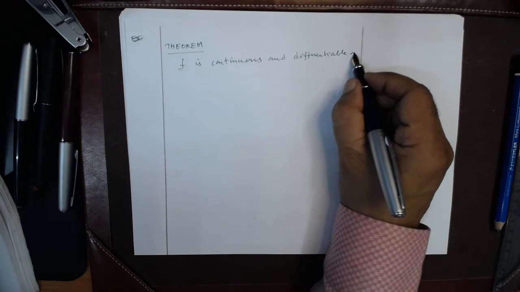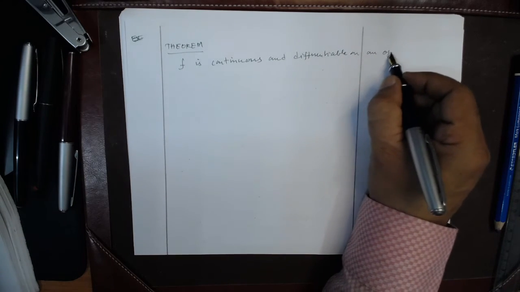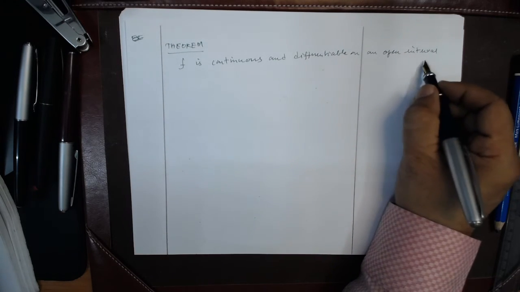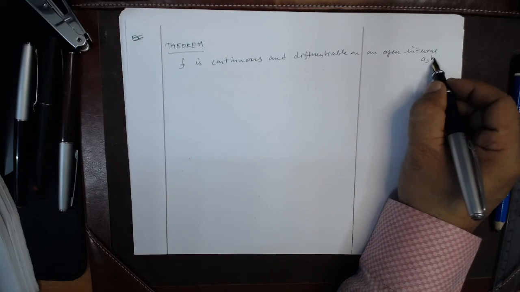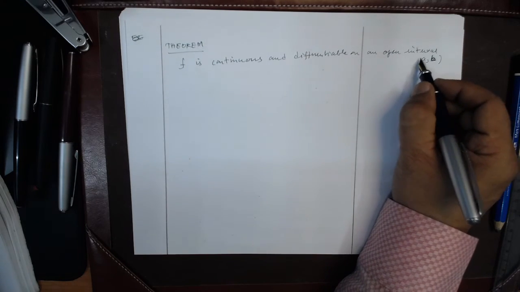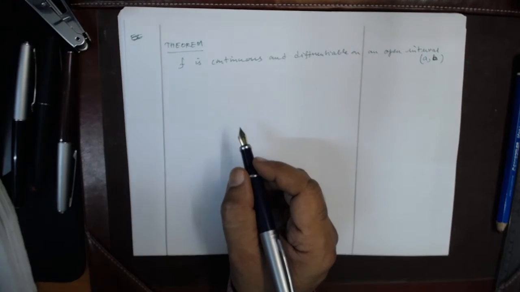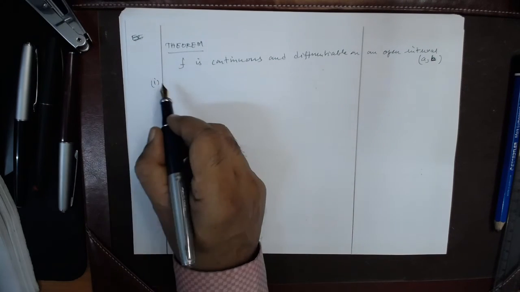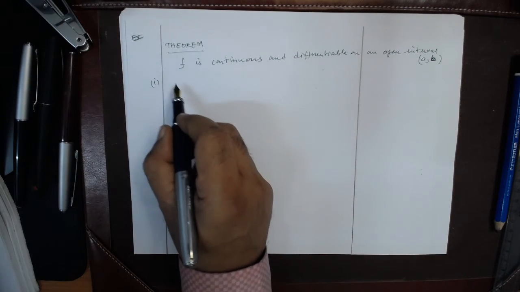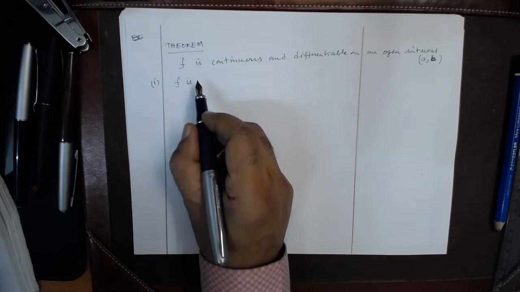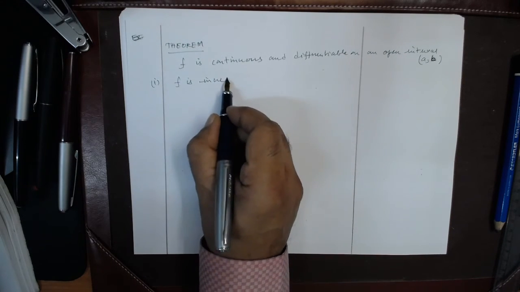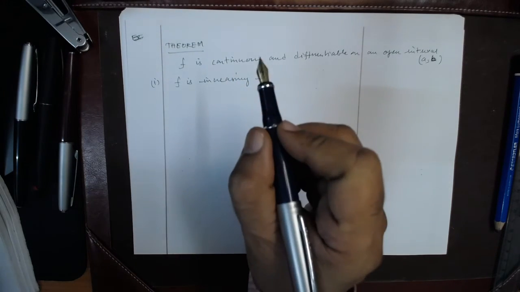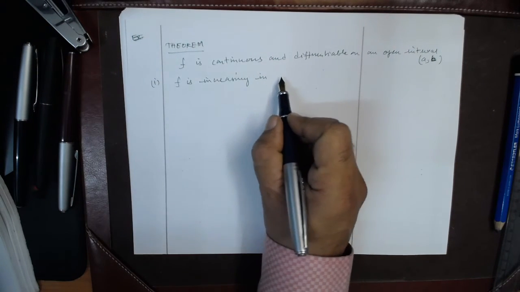On an open interval. Open interval means (a, b) within common bracket, normal bracket. Now then, there are three conditions. First, f is increasing in the closed interval [a, b]